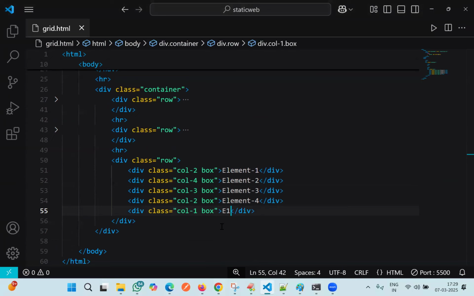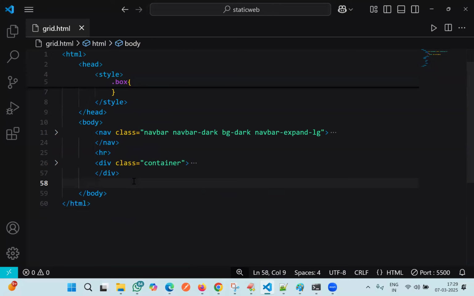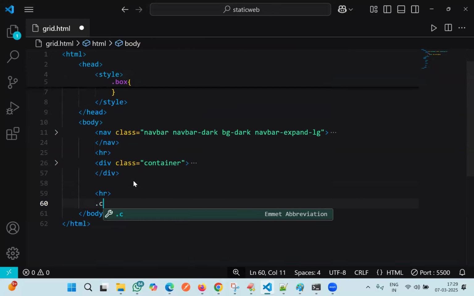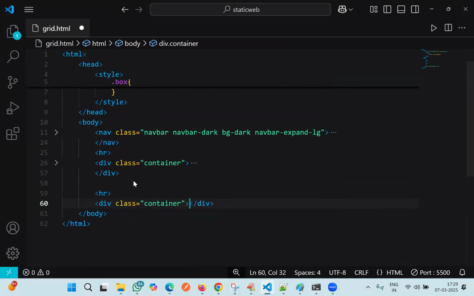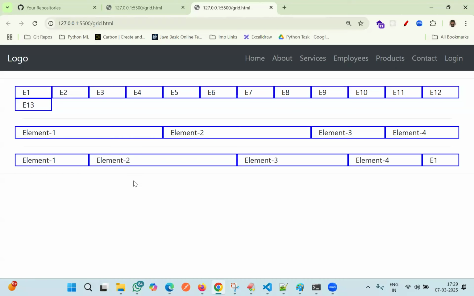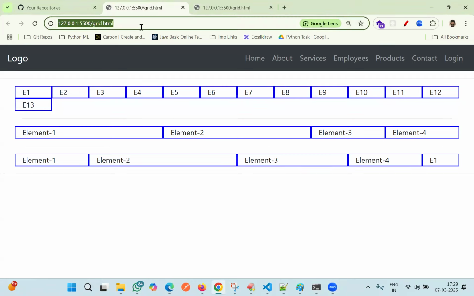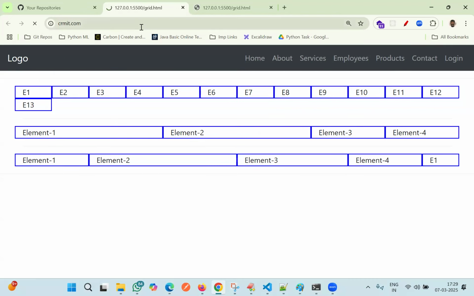So now you got an idea about what is a grid. Very simple. You can understand container. I'm going to take one more container. One more dot container. Enter, tab, like this. You can easily understand what is what. If we have any doubt, we can easily understand using one more web page. You can take one website, CRMIT,